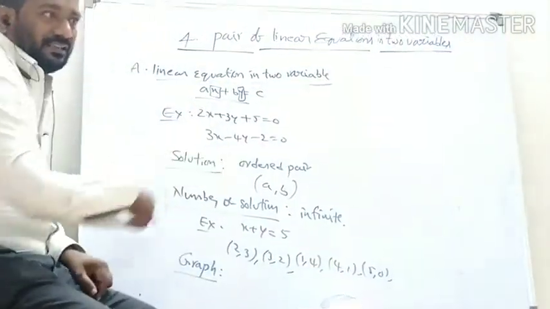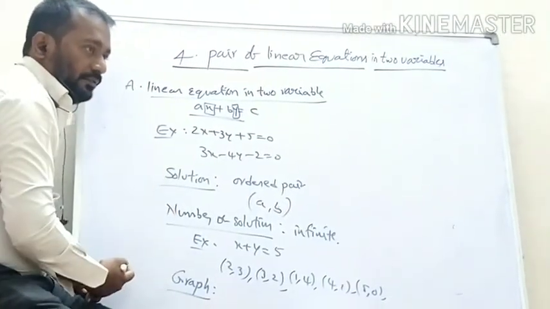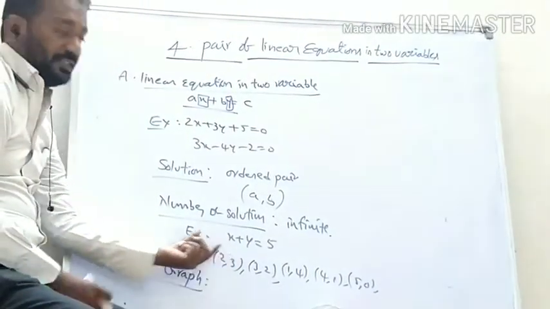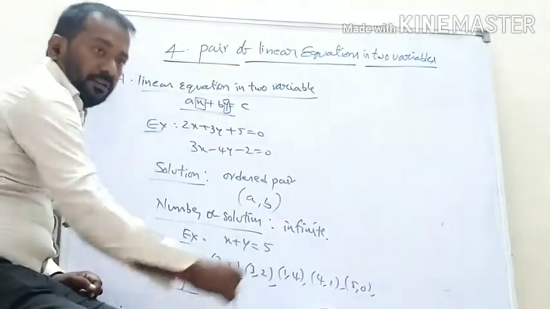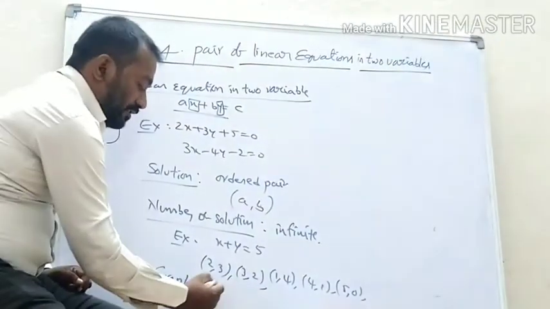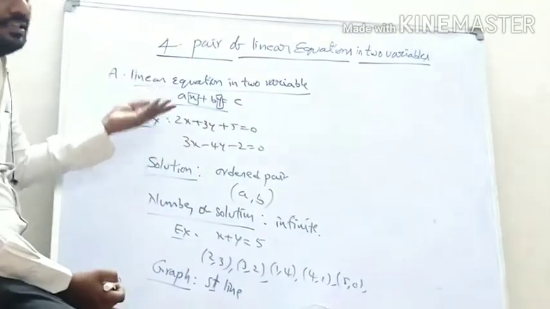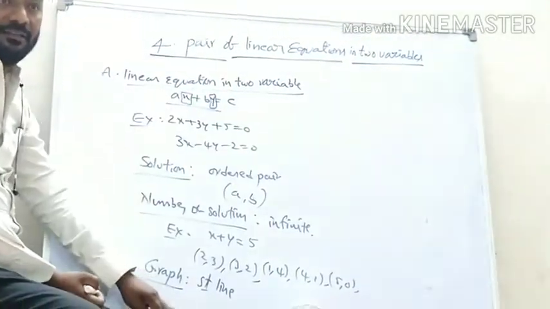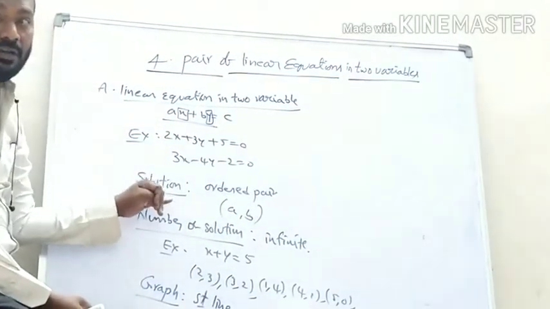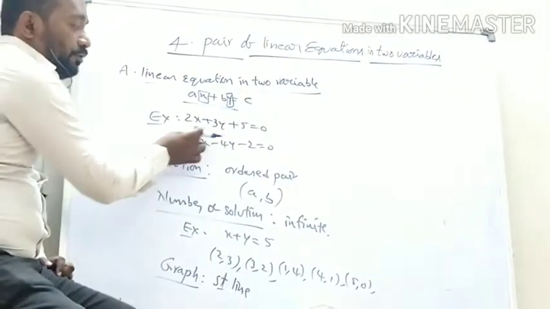If you draw the graph on the x and y coordinate system, how do we draw it? In 9th class we learned: take the respective coordinates which satisfy the equation in a table, then plot those points on the graph paper. If you join them, we get a straight line. The graph of a linear equation in one variable is also a straight line. How many solutions does it have? One, as in the previous topic.